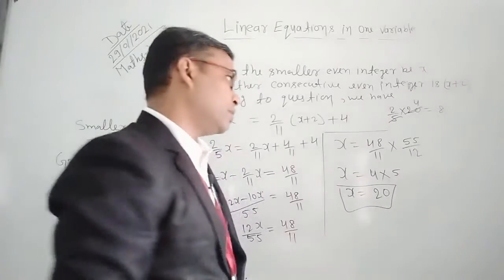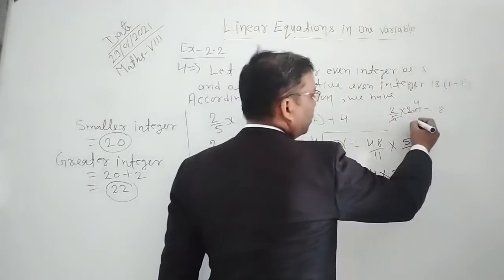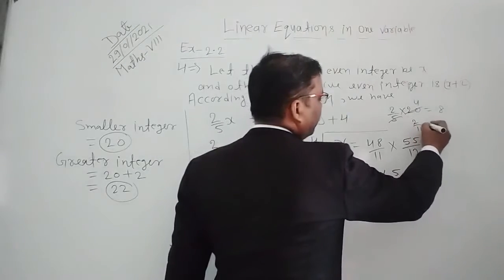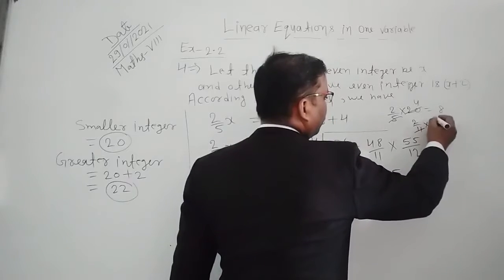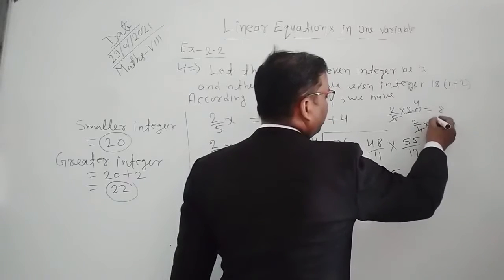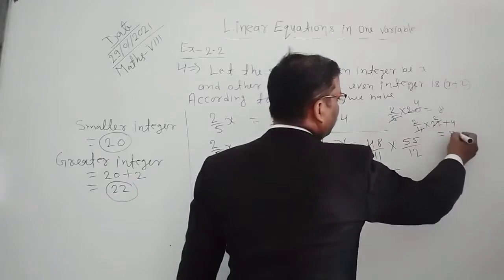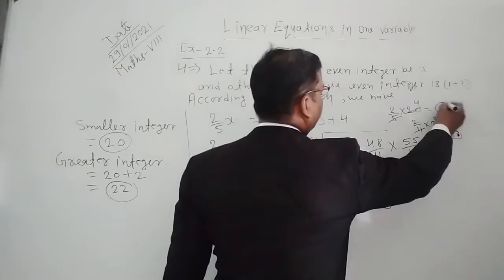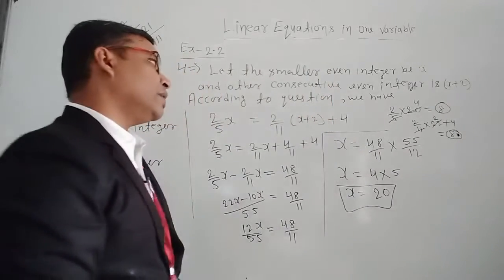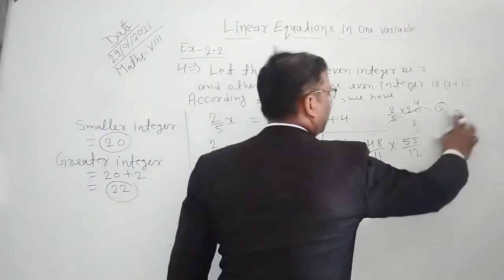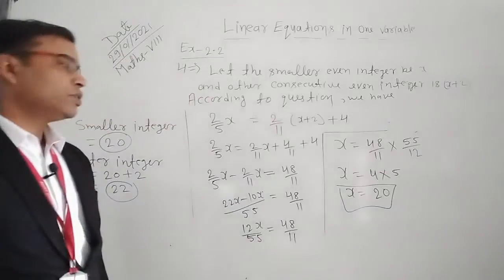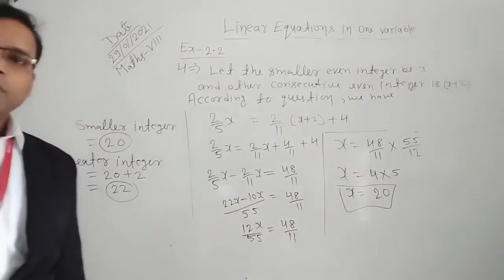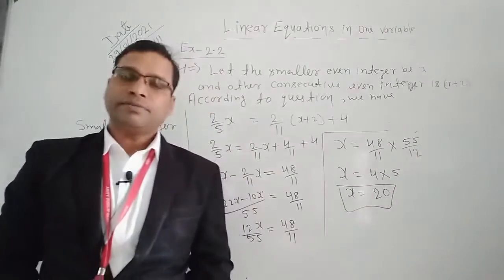211 by 4 of the greater number. So 211, 2 by 11 into 22 plus 4. Here we get 22. 2 to the 4, 4 plus 4, this is equal to also 8. You can see here, both quantities are the same. So it means that our answer is right. Clear? Now, I hope all of you understood these questions. Now we are going to discuss the next question.